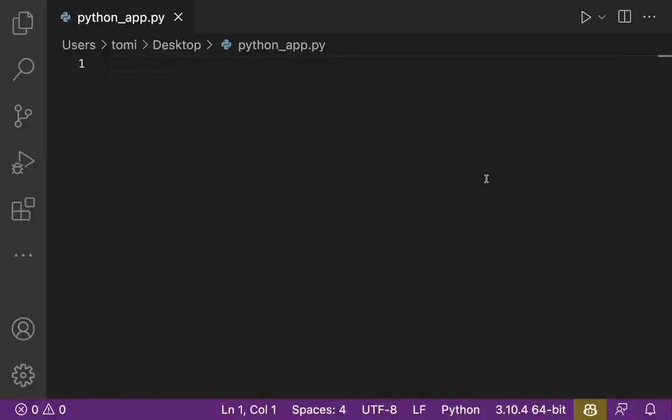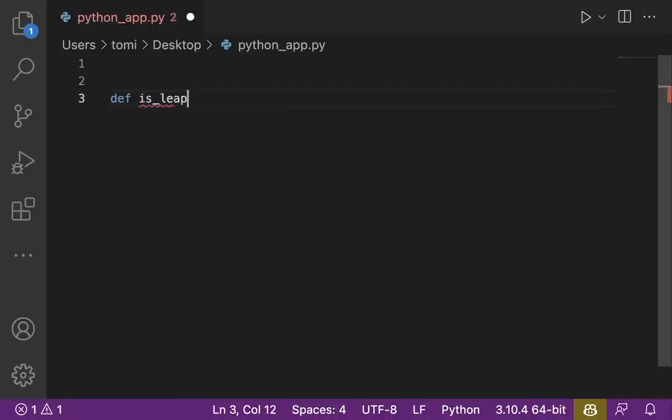In this tutorial, we're going to be building a very simple program that tells if a particular year is a leap year or not. To do this is quite easy and straightforward. We just need a new function, something like is_leap_year, and it's going to take the year parameter. It's going to say if year % 4 == 0, that means if the remainder of the year divided by 4 is 0,